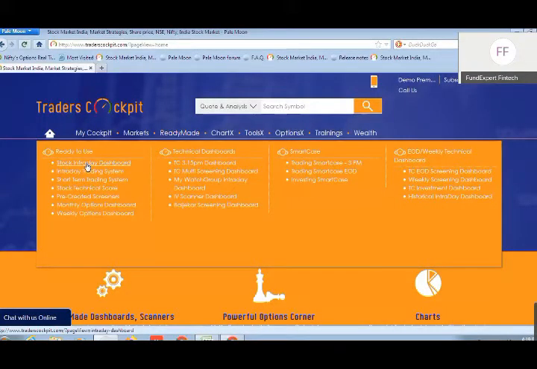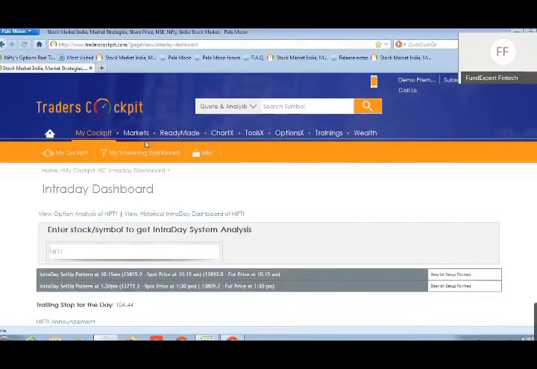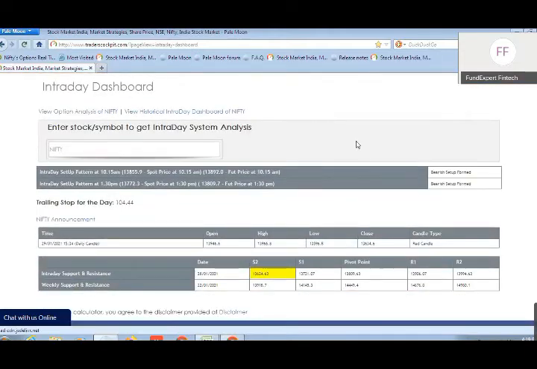Stock intraday dashboard. Now when you click on this link, intraday dashboard, the page appears like this, wherein you can type in any script name here. This is an input box. You can type in any script name here. Suppose, for example,